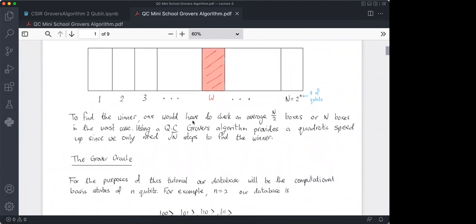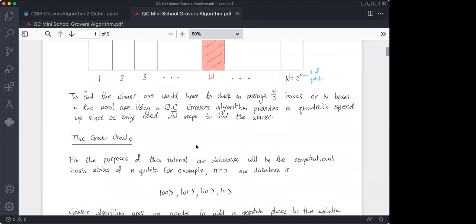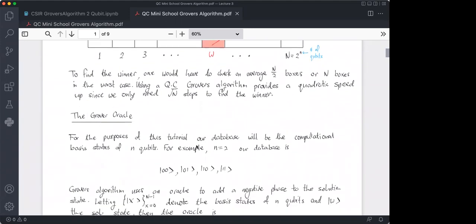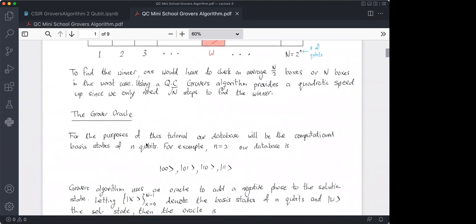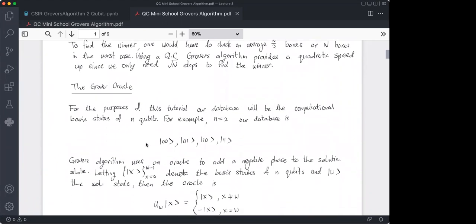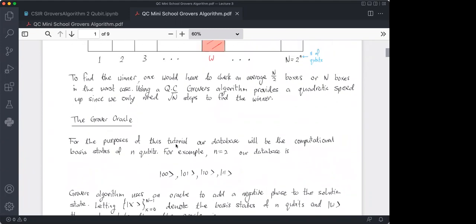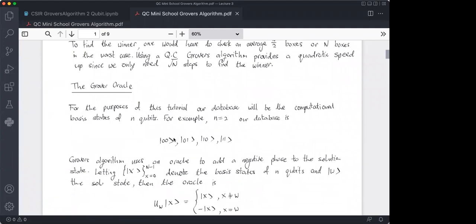To implement Grover's algorithm, like many other quantum algorithms, you need an oracle. So we're going to talk a little bit about the Grover oracle. For the purpose of this tutorial, the database that we're going to consider is just the computational basis states of your n qubits, in little n qubits. So for example, if we have 2 qubits, then our database is just the 4 computational basis